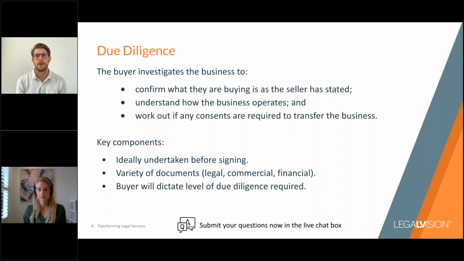The seller will also have confidential information that you're looking at as part of due diligence. So typically they'll want at least some confidentiality obligations put on you as the buyer before they give you specific documents that set out how the business is operated, because that can give you specific information that you might be able to use otherwise if the sale didn't go ahead. So it's important to think about when that should happen, and it can happen at a couple of different stages. But as the buyer, you want it to happen as early on as possible.